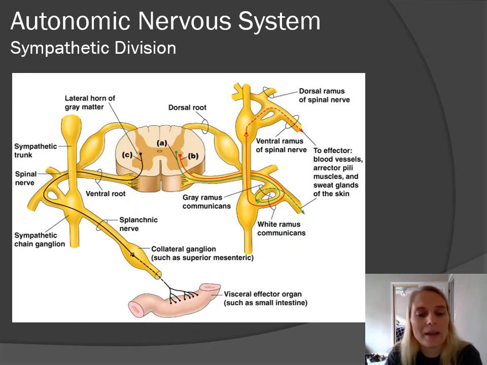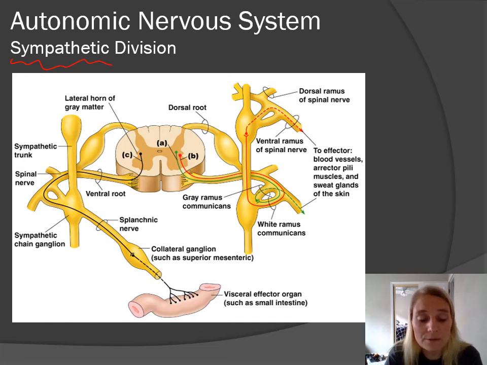Right. And then the last picture that your book shows is just more like a roadmap. I'm not too concerned about you being able to recreate something like this. It just is showing you the various pathways that these pre and postganglionic neurons can take to get to their destination. So let's say this is part of the sympathetic division, only the sympathetic is this way. Parasympathetic goes pretty much straight out to the organ, and then it communicates to its postganglionic fiber.